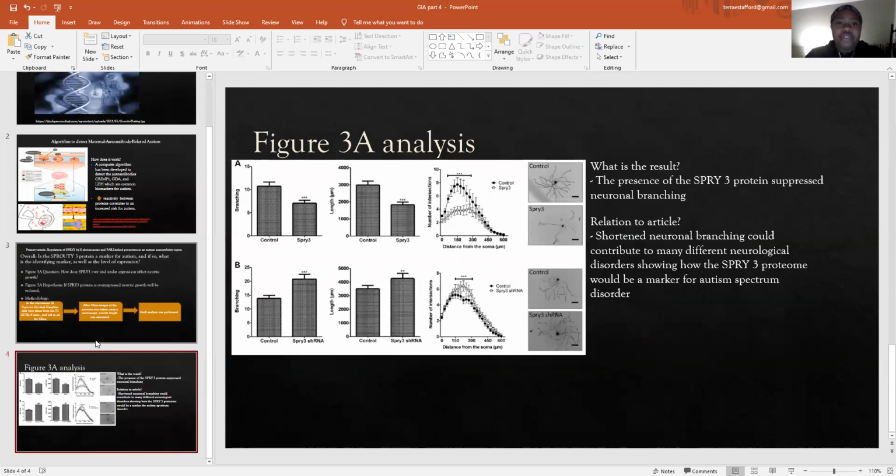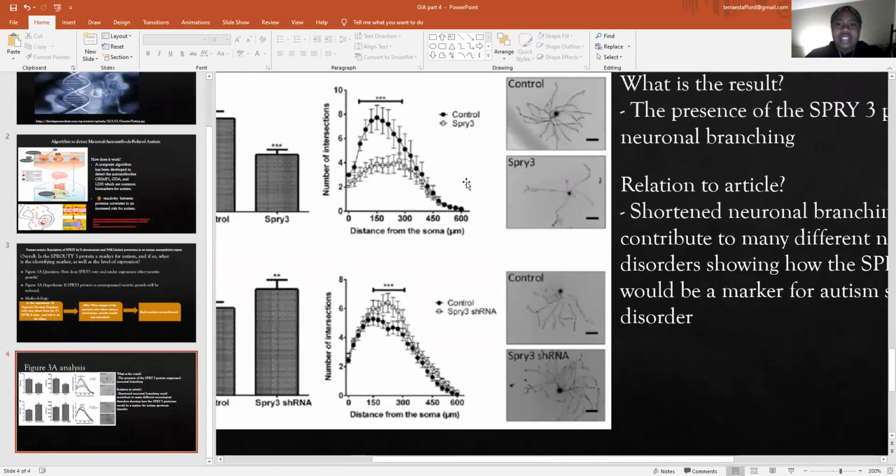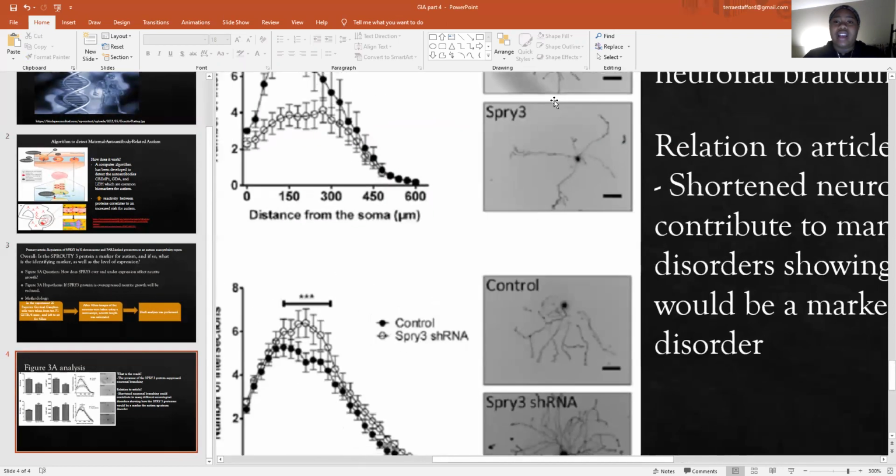So here we have figure 3A, and here's the analysis. The result, as you can see up here, and I'll zoom in, is that the SPRI3 protein's presence dramatically reduced neuronal branching. You can see down here, this one has less branching. It looks very small as compared to this one up here, which is very spaced out, has a lot of branching and a lot of